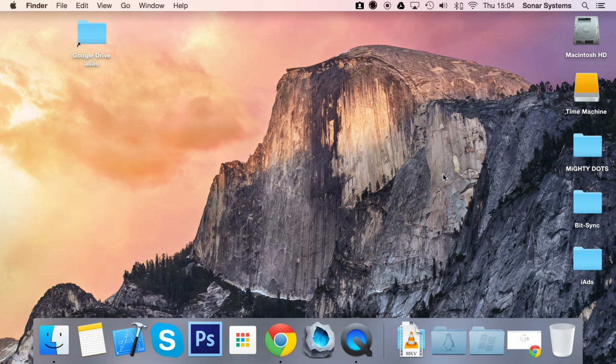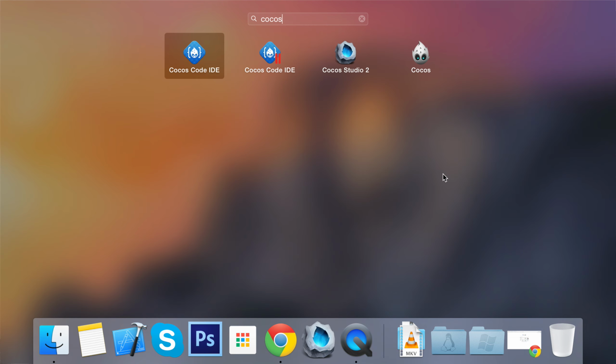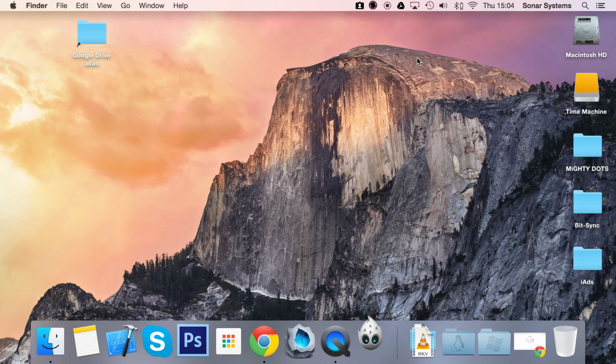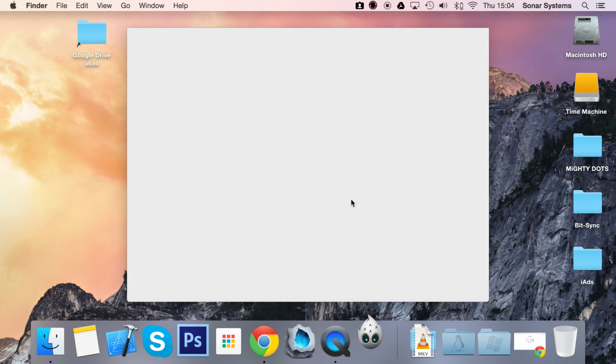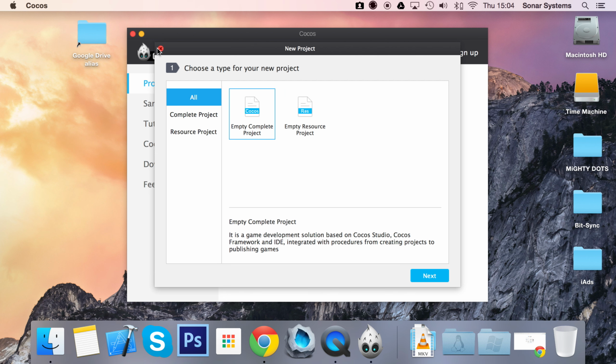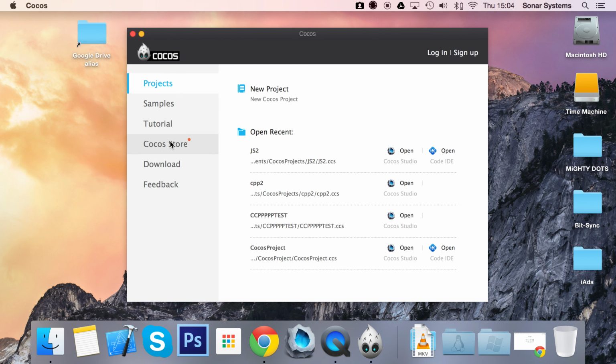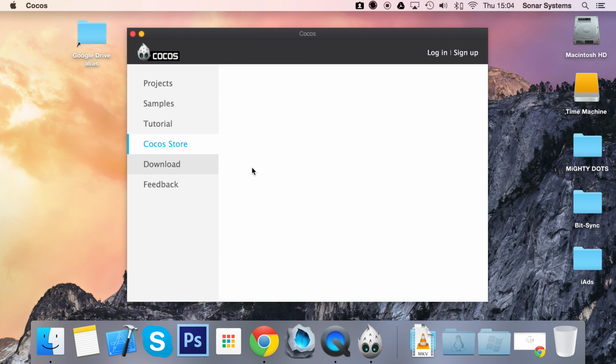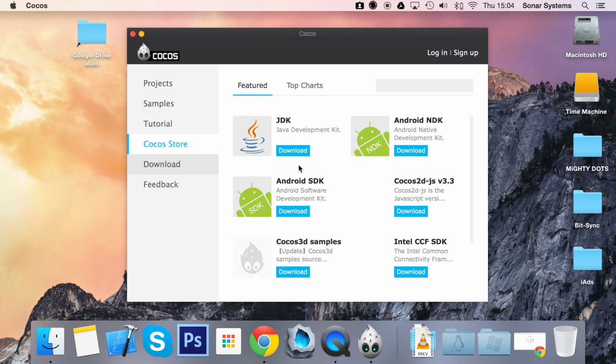So once you've got it installed, just open up Cocos. It also installs Cocos Studio as part of it, but we're just going to open up Cocos, which allows you to do a couple of cool things. Click new project, and if you've gone to the Cocos store and actually downloaded the Cocos 2DX or Cocos 2D.js